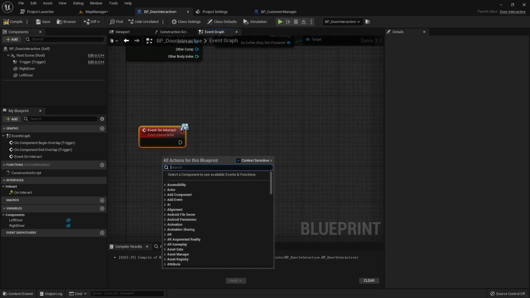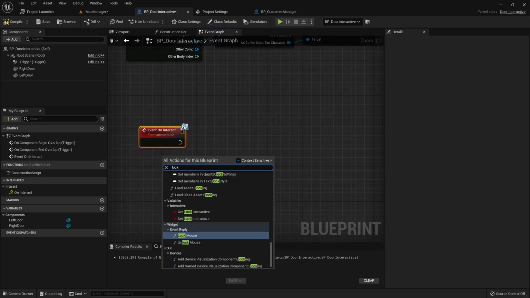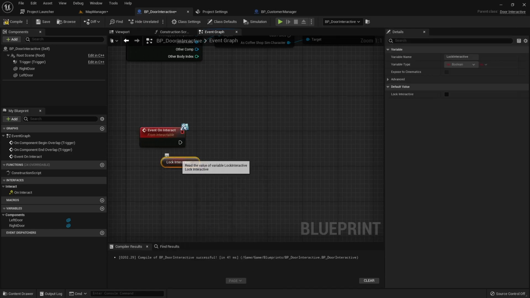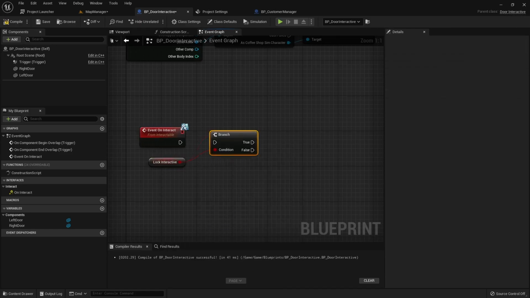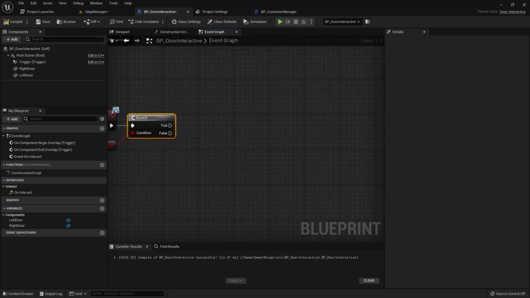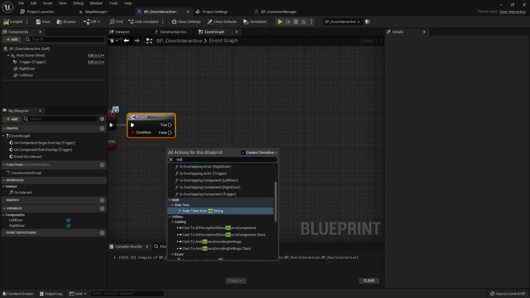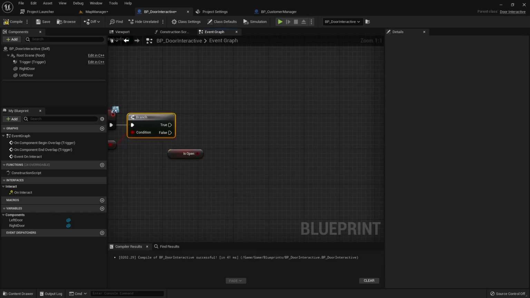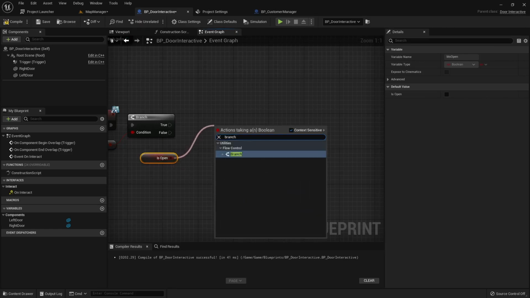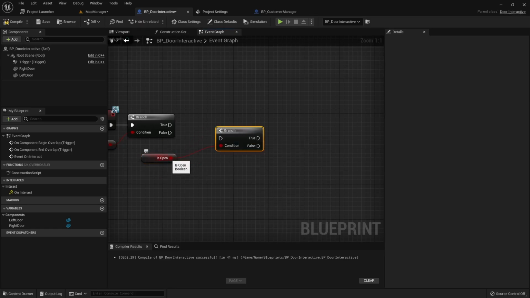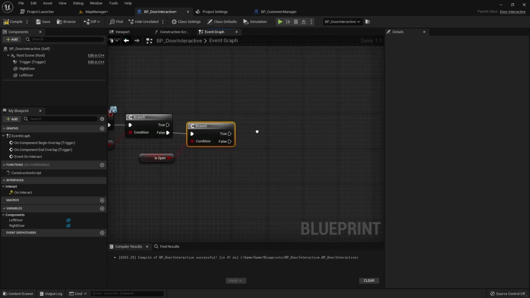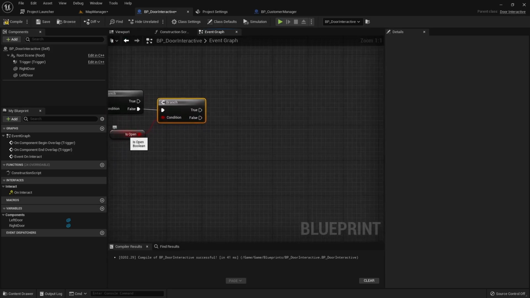Okay, so we can check if the interactive is locked, we can't use it. So we can only use it if it's false. And now if the door is open or closed, we will do different actions. So we can grab the property is open we created before. Let's do a branch. By default it will be closed, so this will be false. And now if it's false, which means if it's closed,